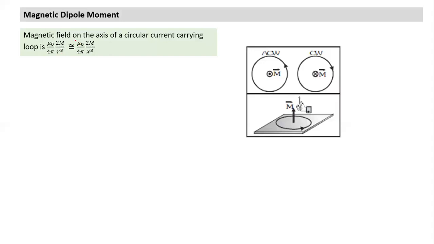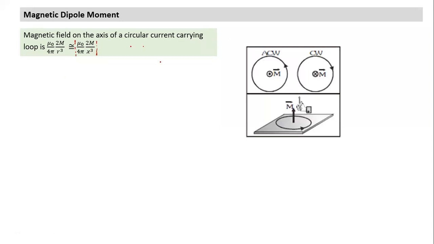And what we noticed, we said something about this formula. We find this formula is similar to something we had dealt with in the past. It is very similar to the formula for the field on the axis of an electric dipole. Later on we see that this magnetic dipole, this circular ring, has very similar properties to an electric dipole. That's the reason it is called a dipole. So one by one, let's deal with it.